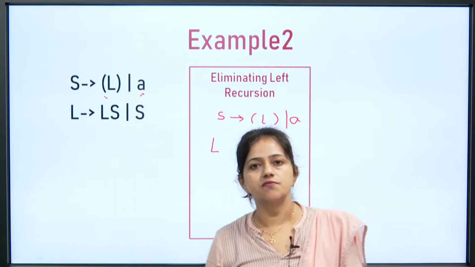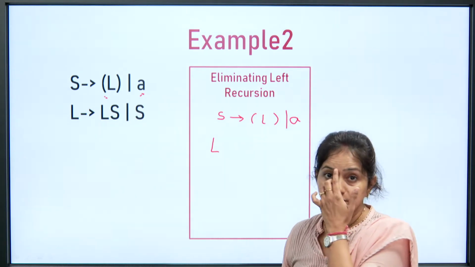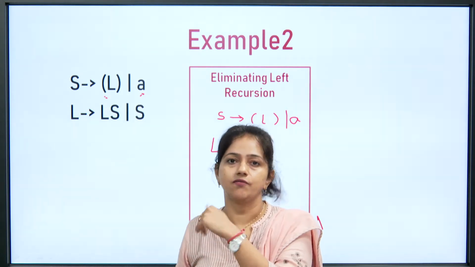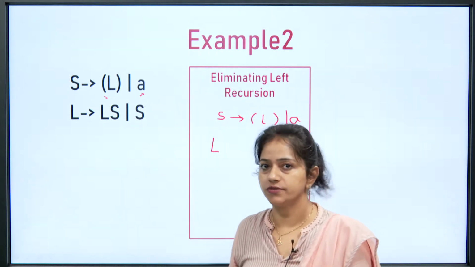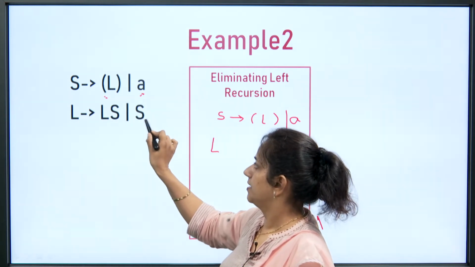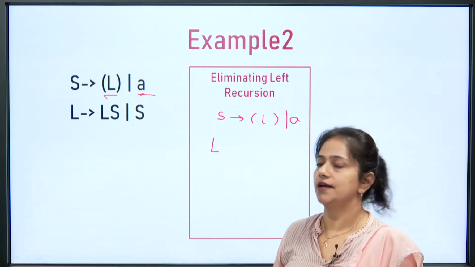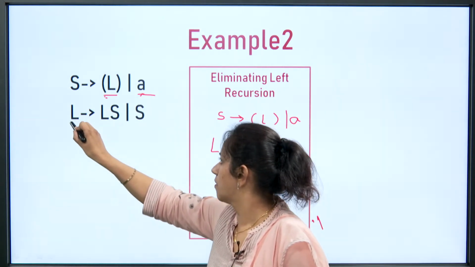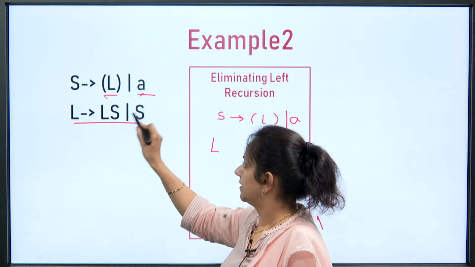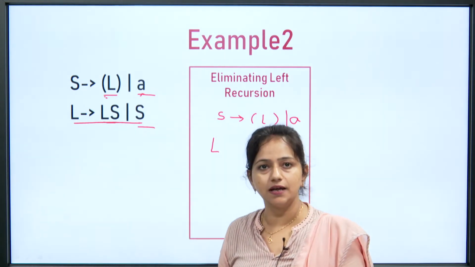So in the L production we will look at whether there is any indirect left recursion or direct left recursion. So first we will look at the indirect left recursion. If there is a possibility of having indirect left recursion, then we will apply the algorithm, otherwise we will use a simple rule. So here we have L2, LS and S, in place of S we will put this and this, then there will be no chance of getting indirect left recursion. So we will go with this only, L2, LS and S. Now here we can say that this is the alternate that is beginning with L and this is the alternate that is not beginning with L.